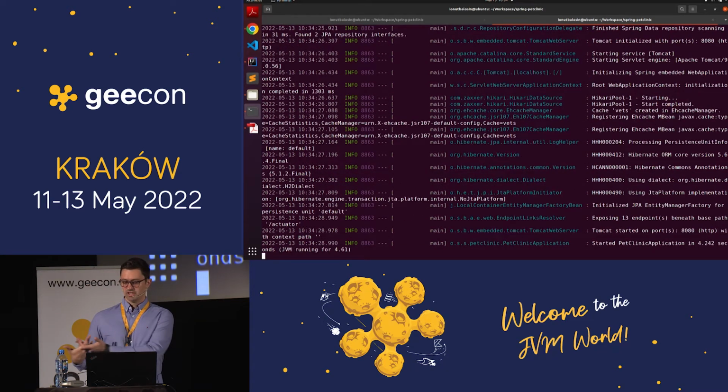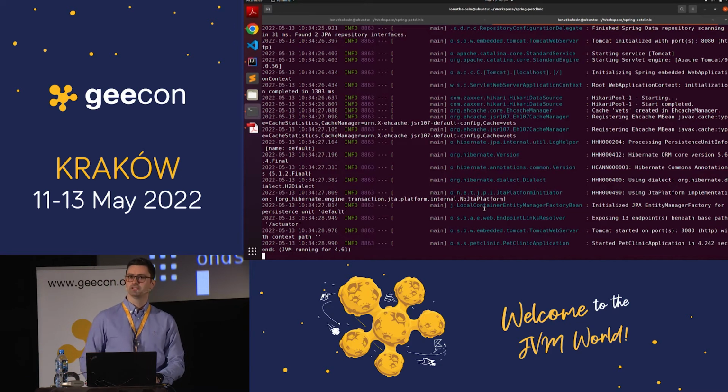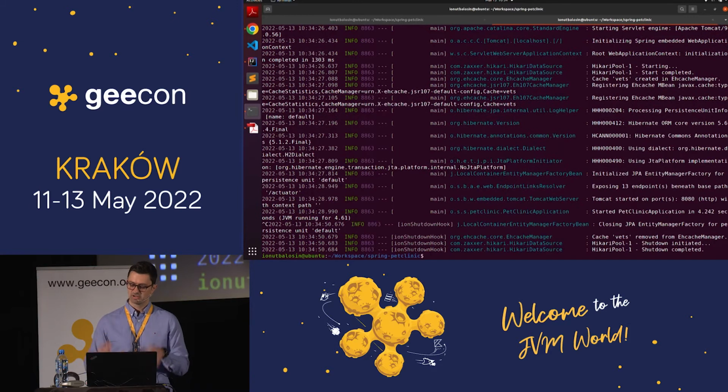It doesn't load the classes anymore using the normal process, it just reads the CDS archive and maps it. And here you can see it's slightly better. Spring Boot application started in 4.242 seconds. But honestly, I don't rely on these Spring Boot timings, because the problem is if you do your